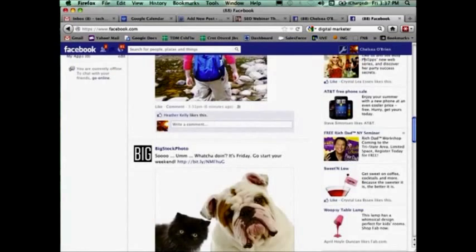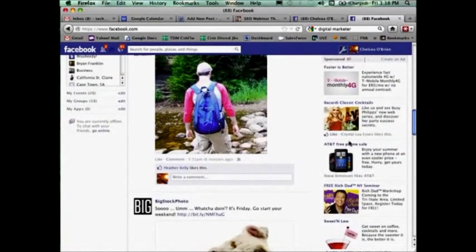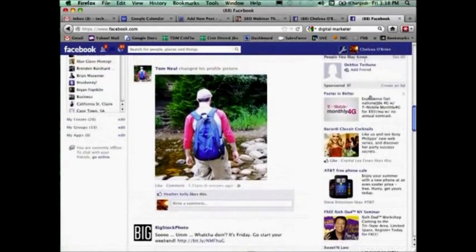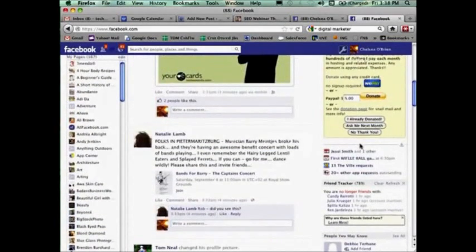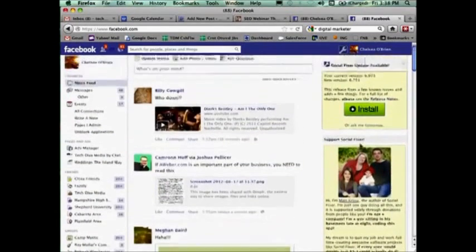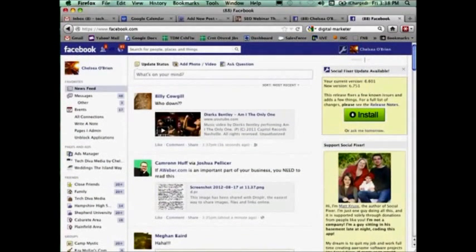So you'll see these and you'll start to notice what works for you, what appeals to you, what images appeal to you, what headlines appeal to you, what descriptions, and just start to take note of what really appeals to you. Same within Google. You can look on Google and figure out what appeals to you and what doesn't. But anyway, that gives you an overview for setting up a Facebook ad so you can get started and hopefully start driving more traffic to your opt-in or your landing page or your webinar that you want to set up or whatever it is.